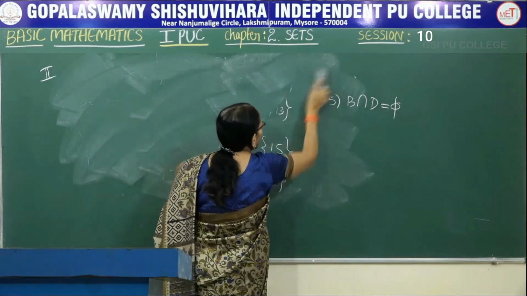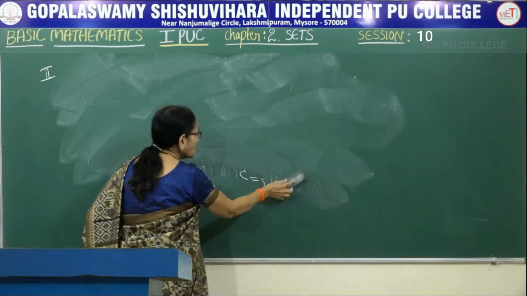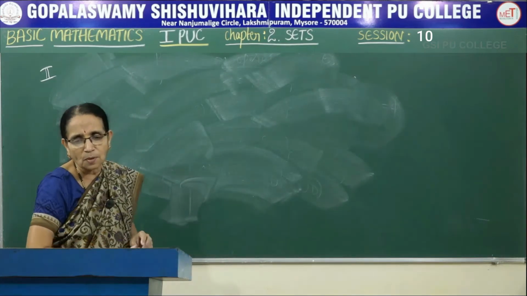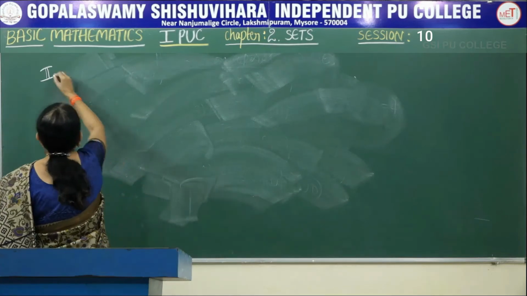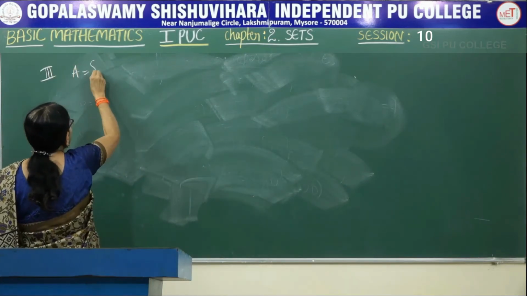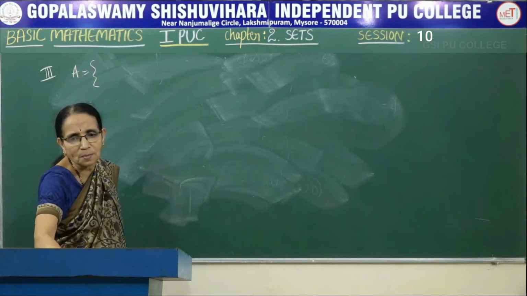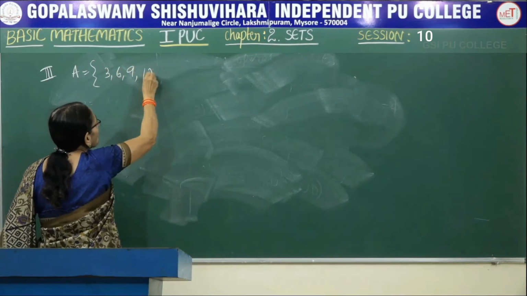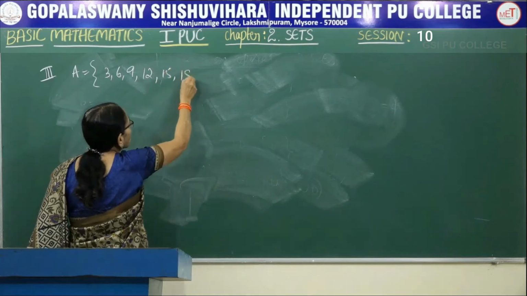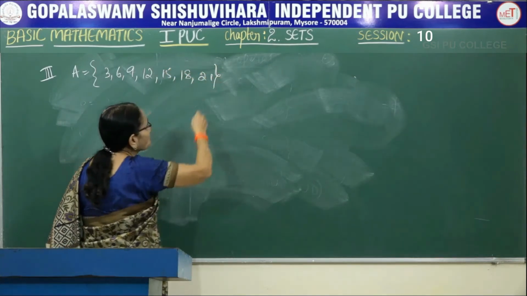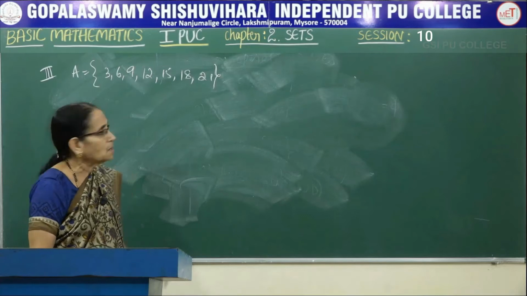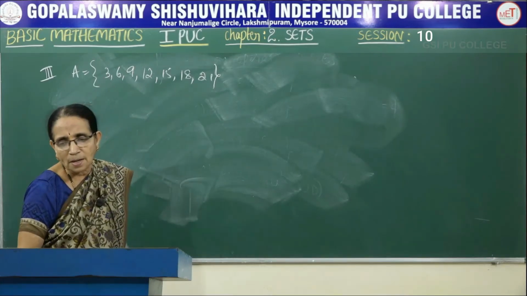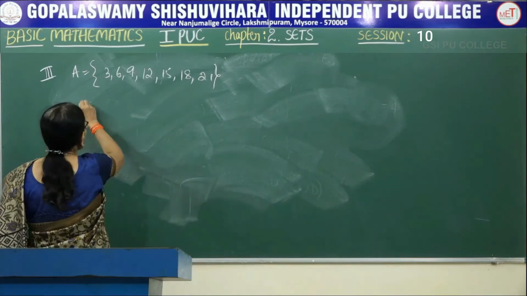So sets are different, and whatever operations will be asked, you have to find out that one. Now take the next set of problem. Let the set A contain the elements 3, 6, 9, 12, 15, 18, 21. Seven elements here. And set B contains